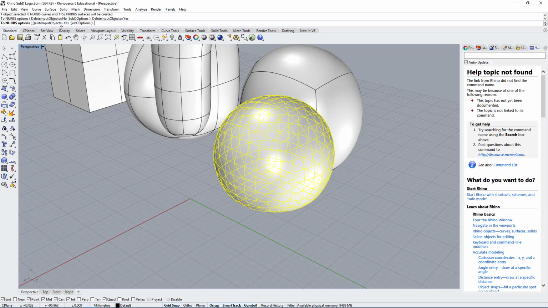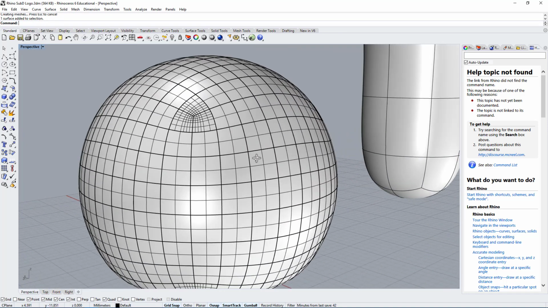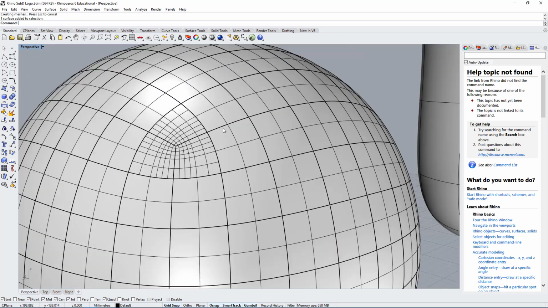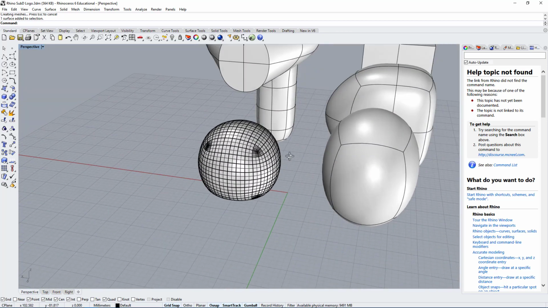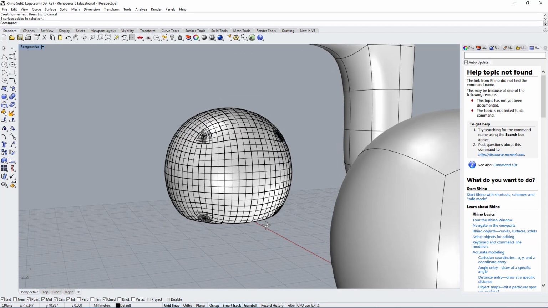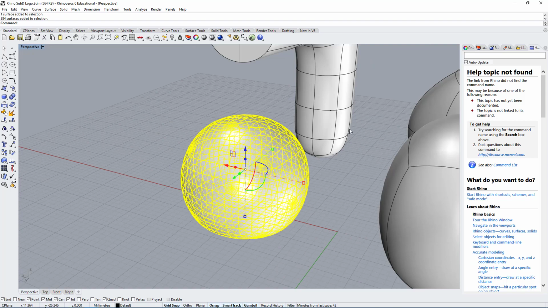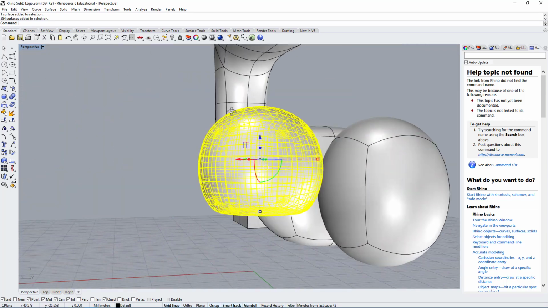So I can delete the input, yes, and subd option, that's fine. So press enter. And now instead of having the subd, we have these small surfaces. So it's an optimal way to replicate the form that we had with subd, but this time we have NURBS surfaces, which sometimes is better, sometimes it's not as good. It really depends on what type of object you're making.